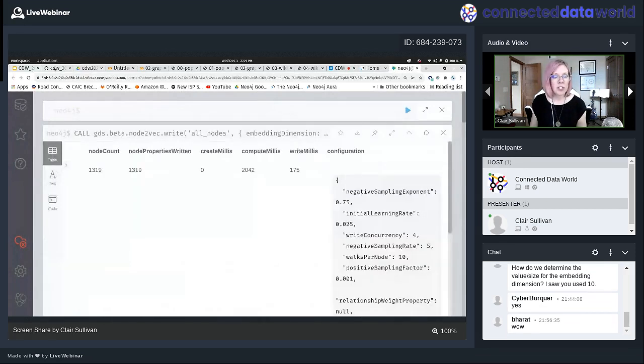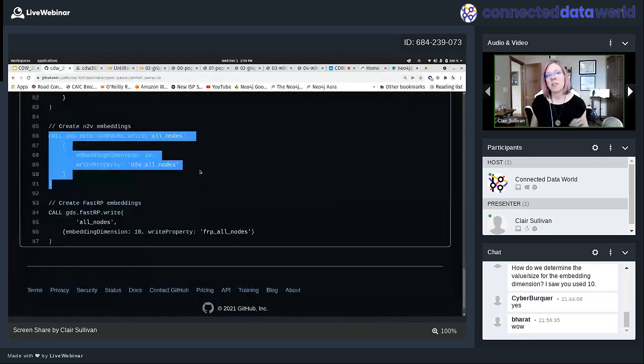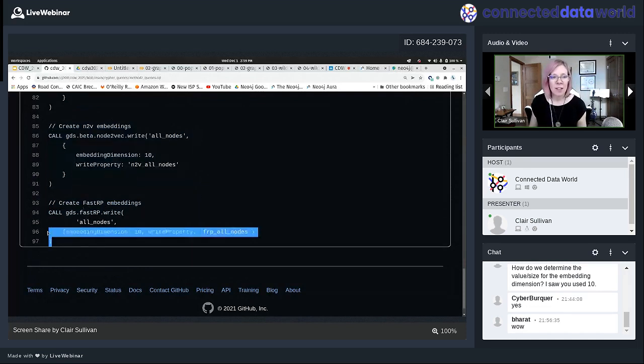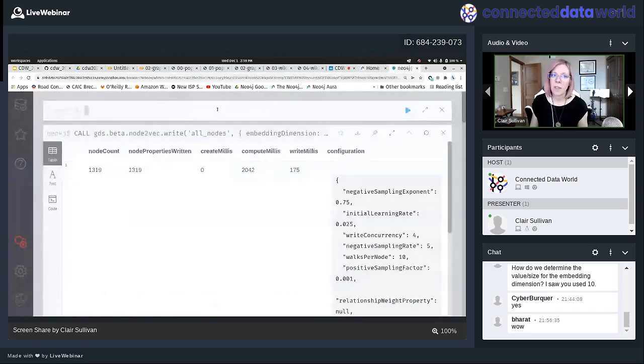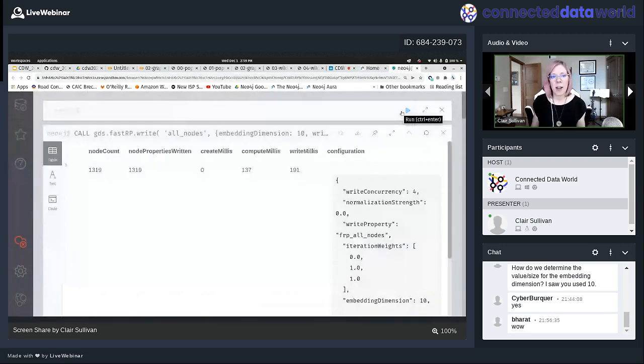And then the other thing I'm going to do, just for fun, there's 3 different methods for, I'll say 3.5, for creating node embeddings within Neo4j GDS. That was node2vec. This one here is called FastRP. It's, as you might get from the name, fast. But again, I'm creating just a 10-dimensional vector. It does a slightly different skipgram to what node2vec does, but it's still just randomly hopping around the graph. Okay, I've done nothing with hyperparameters other than saying I want 10 dimensions for my embeddings. All right, so now I have embeddings created, and now we can do machine learning.